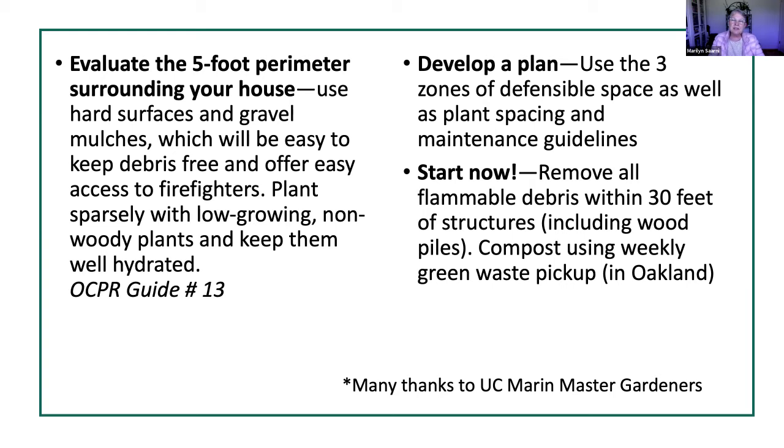Another way to evaluate this area is to think of a big firefighter with their giant jackets and a big backpack. They're carrying big tools, and they want 5 feet for a reason. They don't want to have anything that's going to catch on them. They need to walk on the surfaces. They need to go all the way around your house to find embers that could be clustering up against your structure. So once you start thinking that way, you realize how important it is to not have the camellia hedge